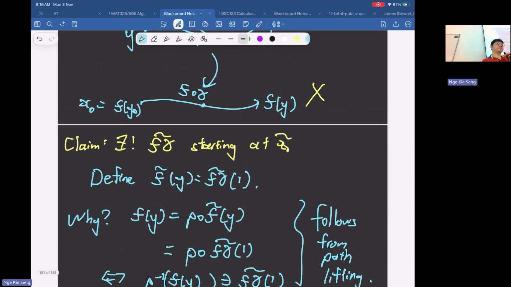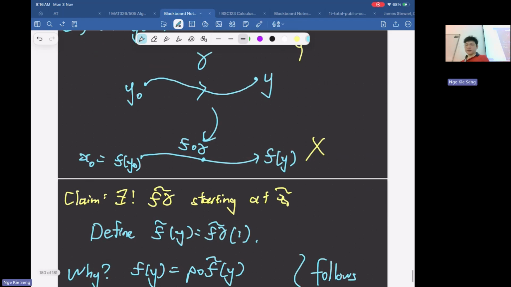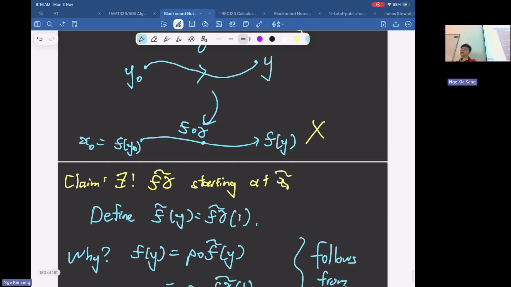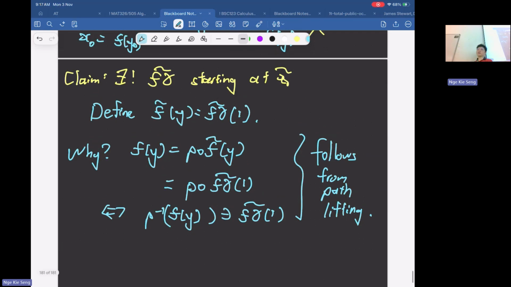So F gamma 1 is a point. You lift the path to a path, right? So you evaluate at 1, so it's an endpoint. That is where our Y is, right? Because our gamma starts from Y. Right, so we lift the endpoint. But the problem here is this gamma is